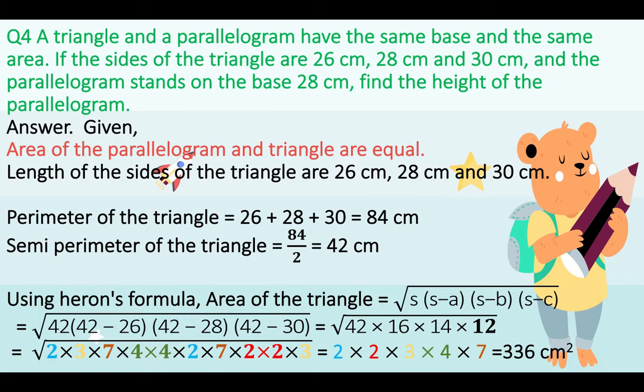Okay, so is this clear? I have 42 multiplied by 16, multiplied by 14 and multiplied by 16. And the answer comes out to be 336 centimeter square. I'm not writing this in detail. Now you know how to factorize it. Factorize it, make pairs of 2, then take one number outside the under root sign. This is how I've taught you all to do the under root. So we are left with 336 centimeter square. Don't forget to write the units.